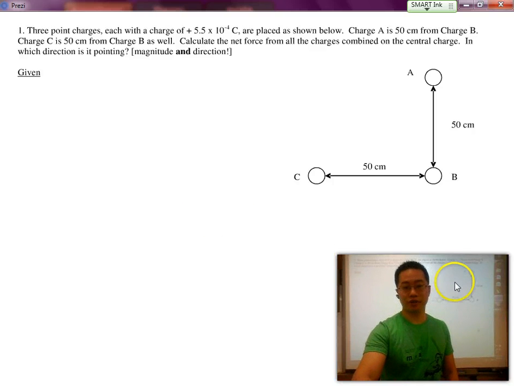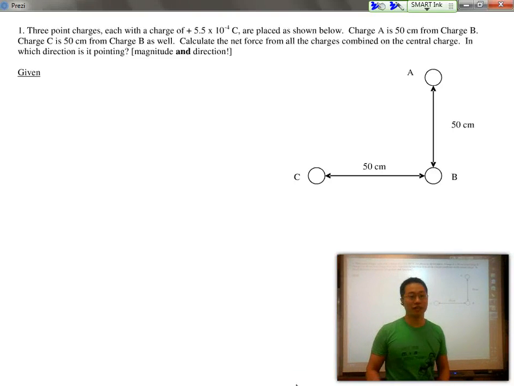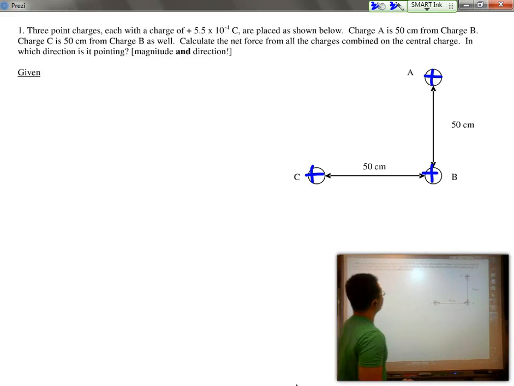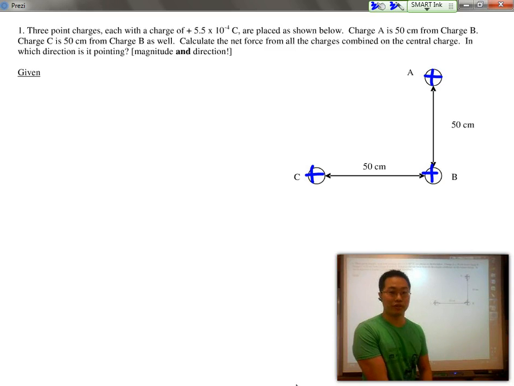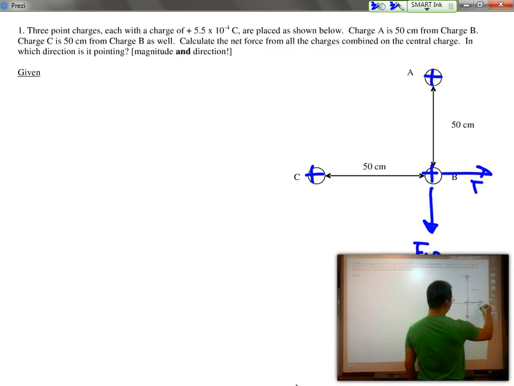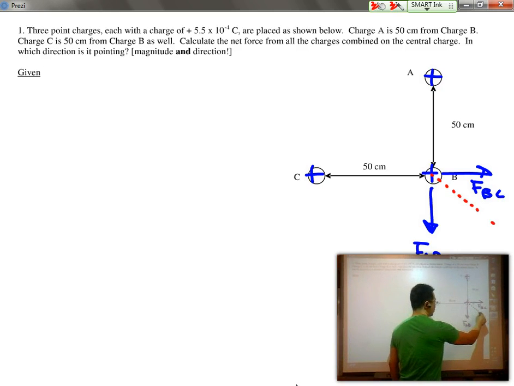In this question over here, while the previous problems dealt with charges in a line, this problem is more difficult because you're dealing with two dimensions of motion. We have three positive charges that are placed equidistantly away from each other, but at the same time, because they are on the x and y axis, the forces are going to look a little bit different. Between charges A and B, force AB is going to point downward, while force BC is going to point to the right, which means that overall we're going to have to use Pythagorean theorem to solve for the total force